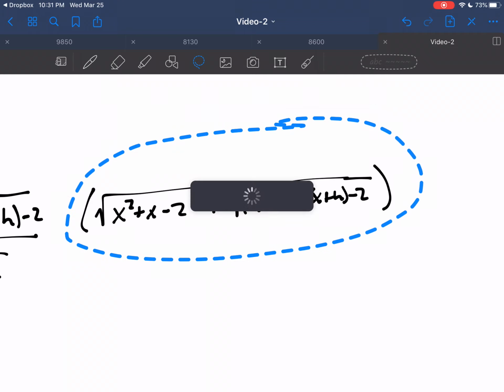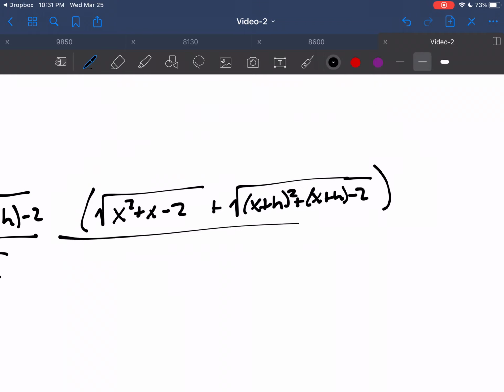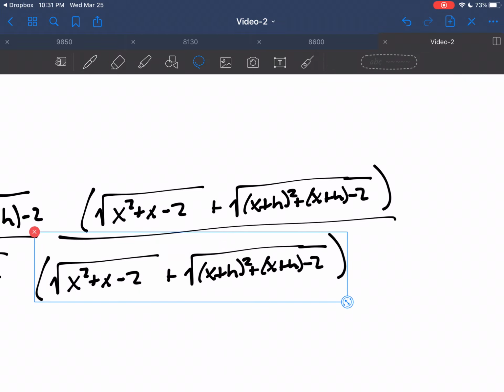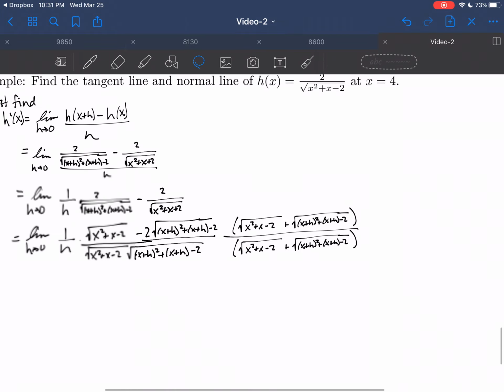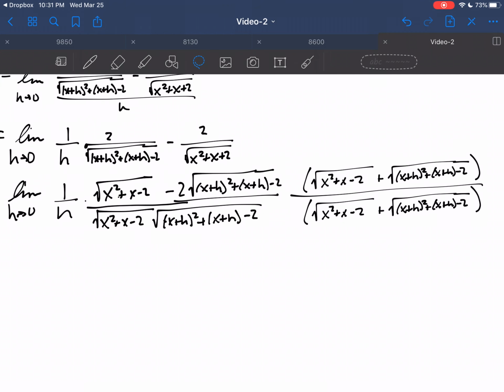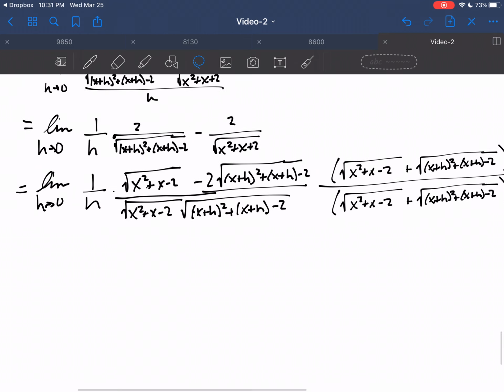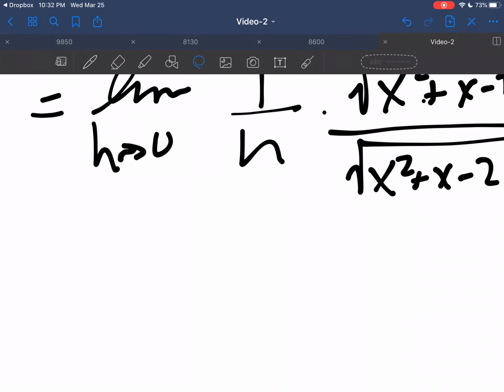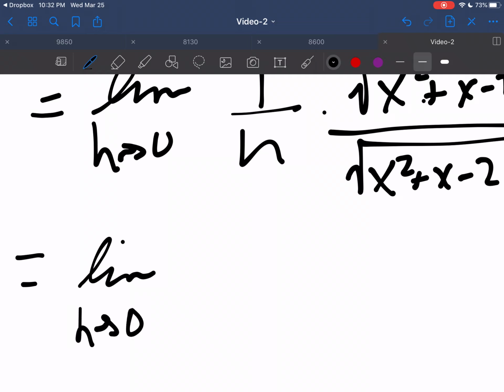Copy that real quick. Alright, so we multiply by our conjugate, and we get the limit as h approaches 0 of 1 over h